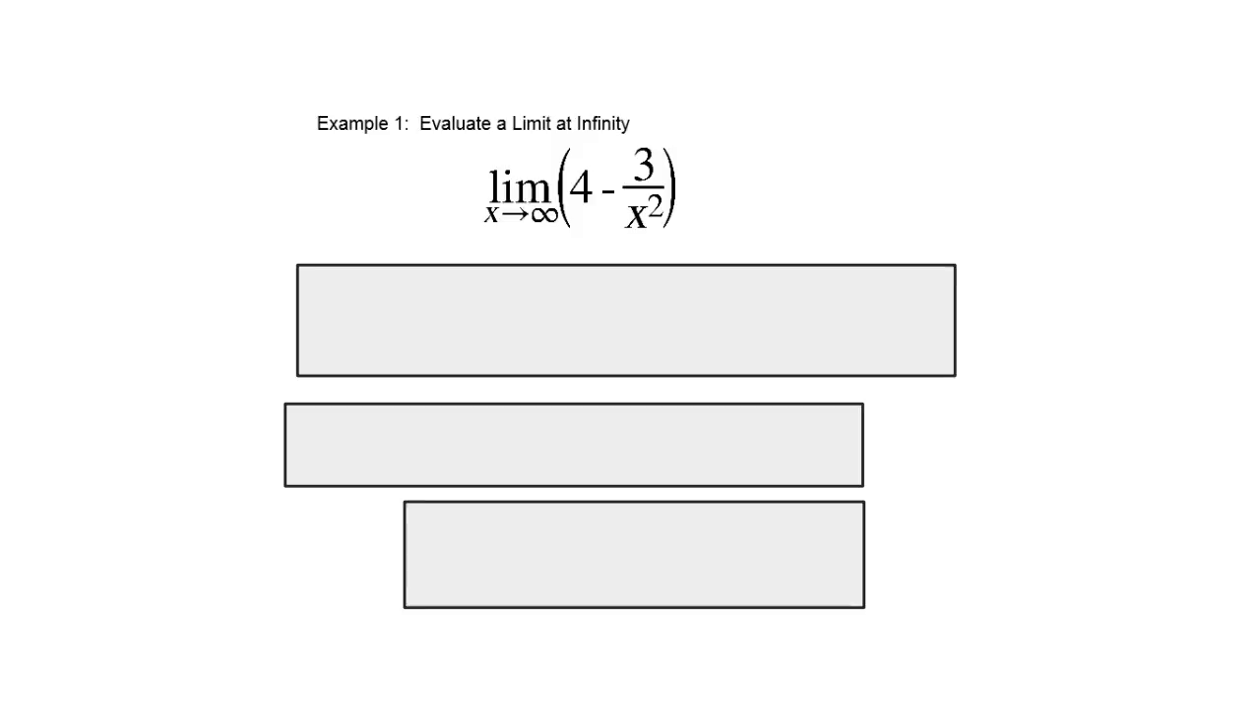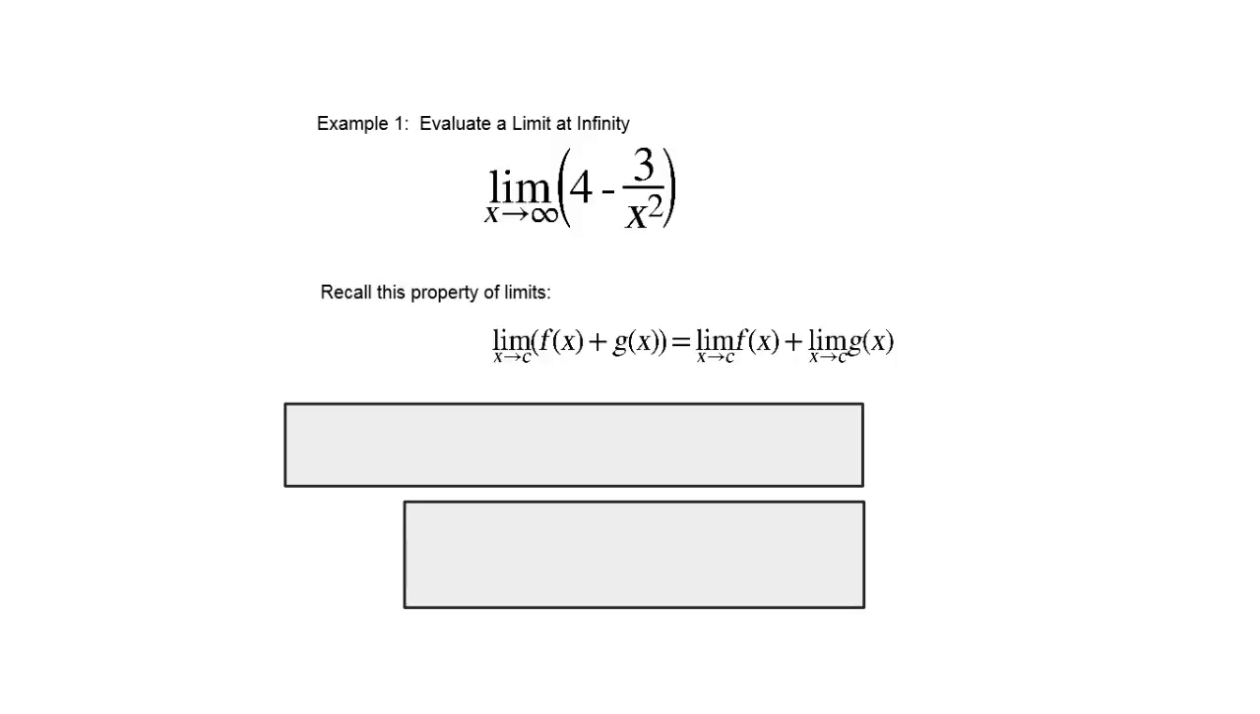So let's evaluate the limit of this function. The function is 4 minus 3 divided by x squared. Let's evaluate this function as x approaches infinity. Now, remember from our previous lessons that if I have two things being added or subtracted from one another, and I'm evaluating the limit of that, I can simply split out those functions. So,